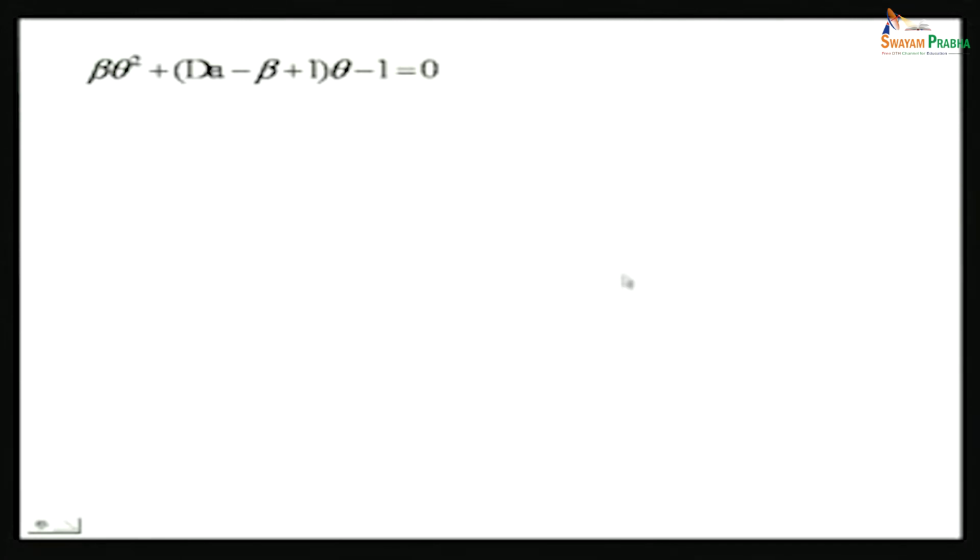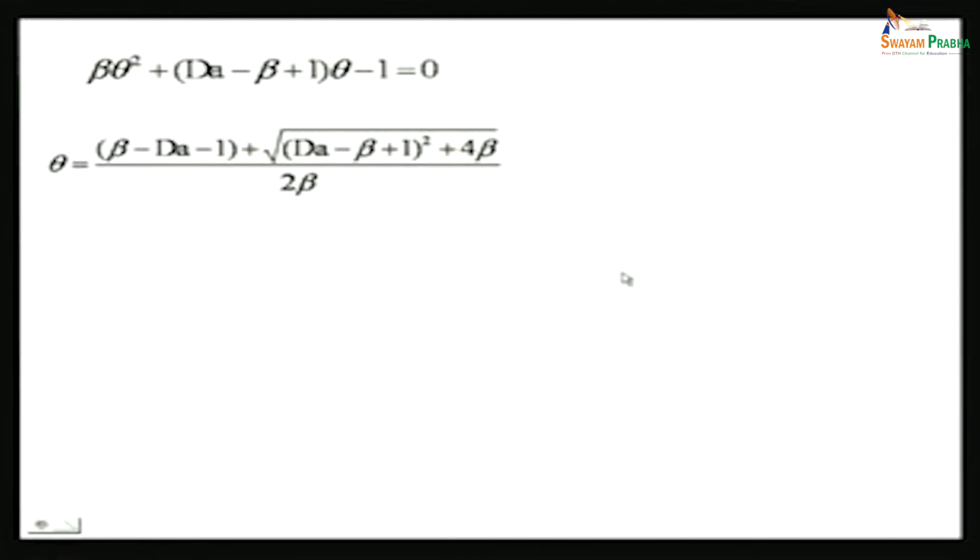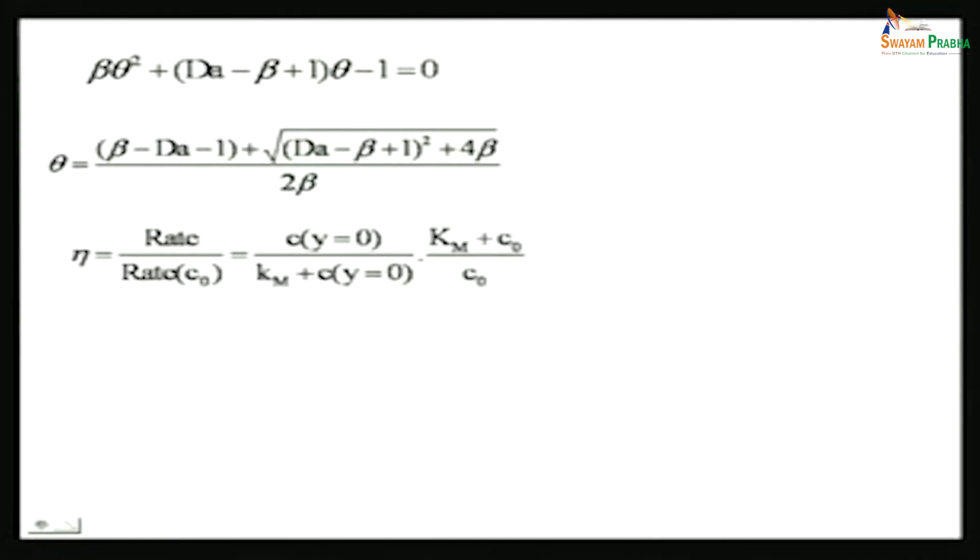Once you solve this, this is your expression for theta: beta minus Da minus 1 plus the square root of Da minus beta plus 1 squared plus 4 beta, all over 2 beta. The reason you neglect the other root is because it is not feasible; it is not in the physical regime. Then what you are supposed to do is find the rate,